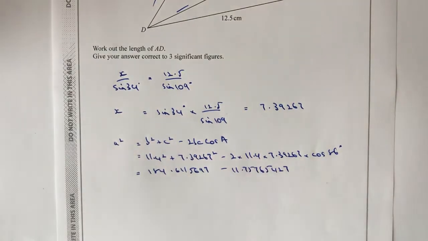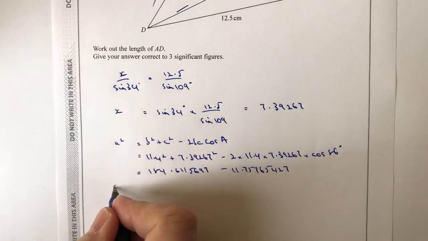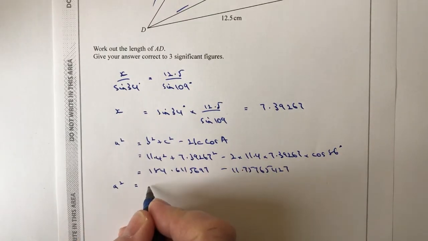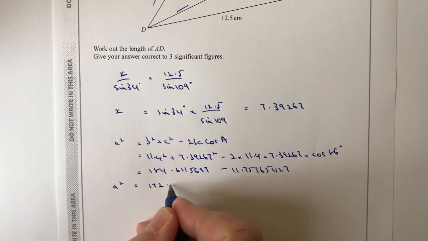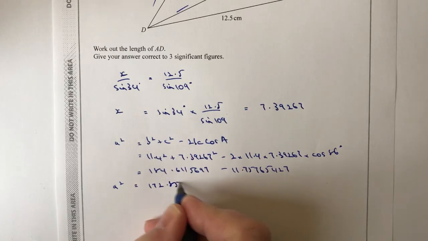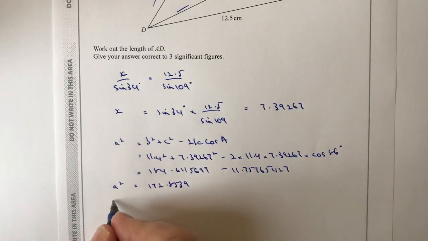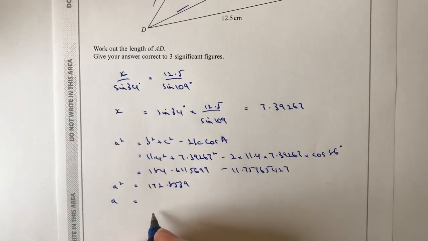Now ordinarily you'd probably do all of this in a calculator, so you don't need to write everything out the way I have, but it's a good discipline because it helps you to engage with the problem. And so that gives me A squared, so the value of A at long last is